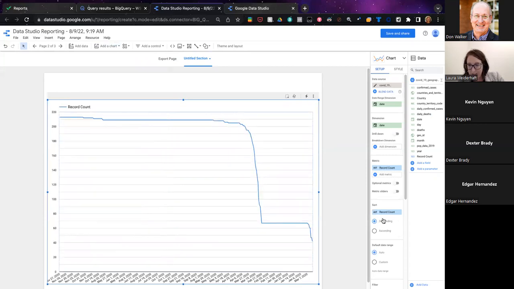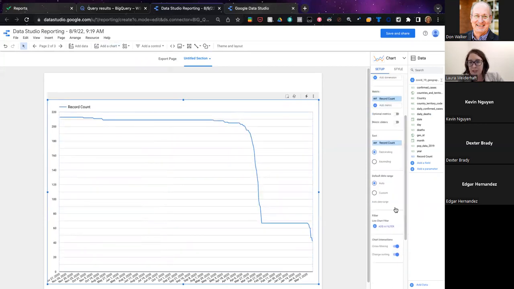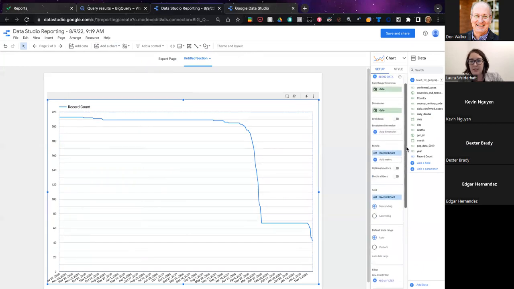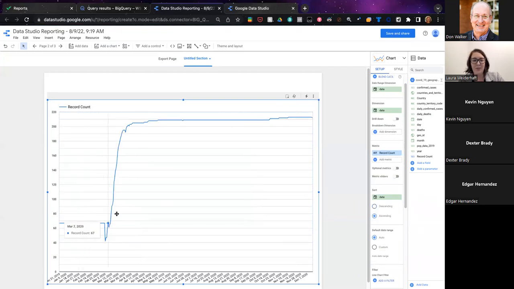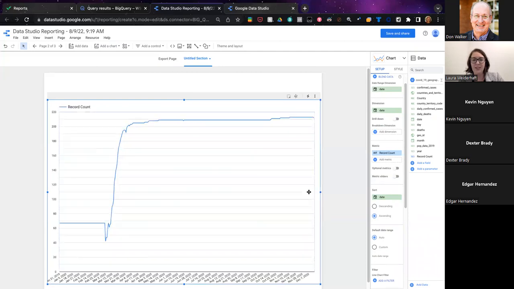The other thing to keep in mind is that Data Studio doesn't automatically sort by the dates in the order you would think it would. So you do have to make sure that you have the dates going in the order that you're expecting.